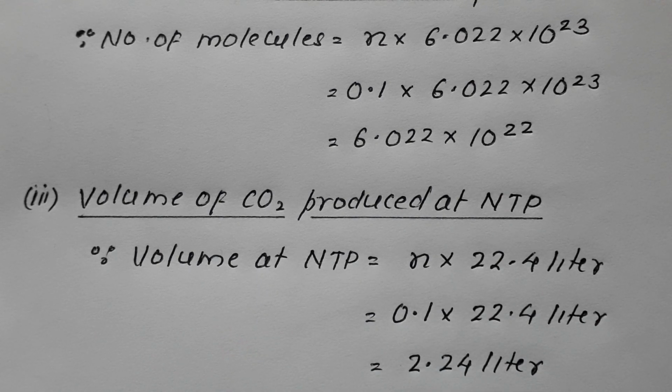So this is how we make the calculation. In this case, the calculation is based on a chemical equation. So we have to write a chemical equation and properly balance it. On the basis of the balanced chemical equation, the further calculation is possible. These types of calculations are termed stoichiometric calculations.